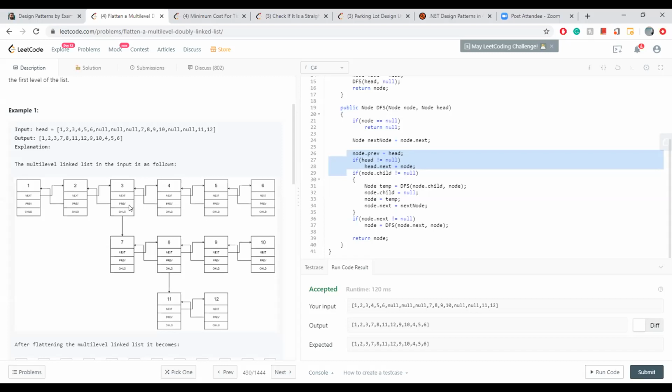Like at 3, I have a child. Whenever there's a child, I traverse through the child. And when you traverse through the child, at 7, if the node value is 7, the head will be 3. I'm linking this here, because I have both node and head here.